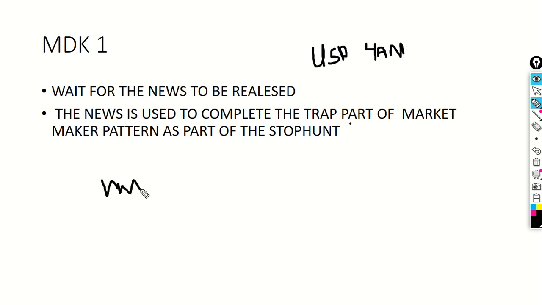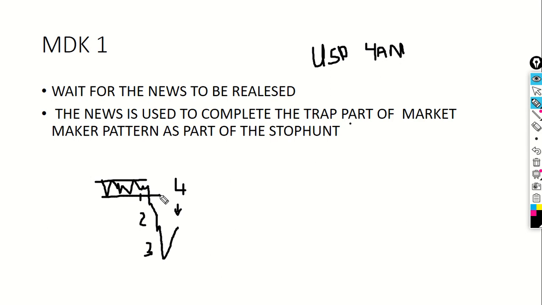So we have consolidation in here. Okay, we have the stop band in 3. Okay, we have a pullback. This is way before the news event, and we have 1 2 3 base to the low. The low is set. The news event is about to be released now. This is 4 a.m. on our graph. We are at 4 a.m. now.